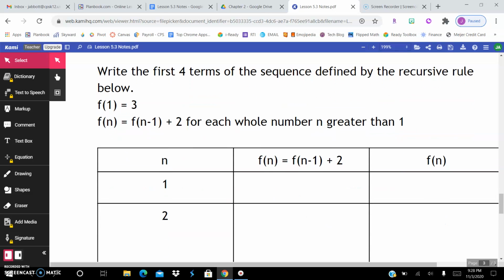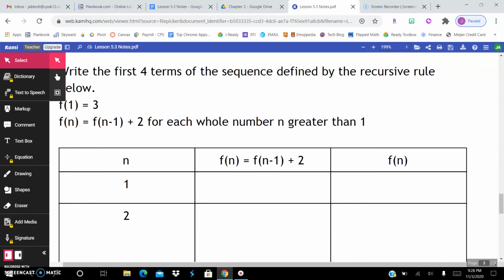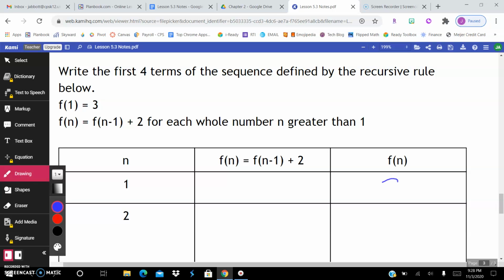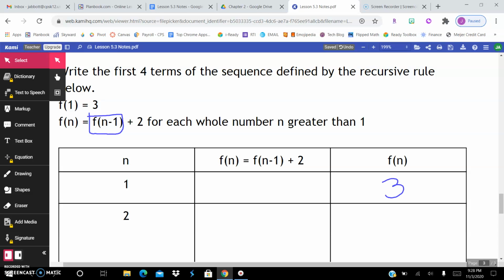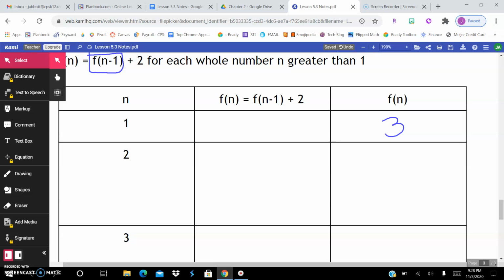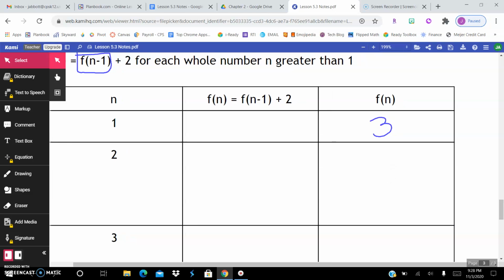For this one, write the first 4 terms of the sequence defined by the recursive rule below. F of 1 is 3, so our first term is 3. And then this means the previous term. So we're going to take the term before and we're going to add 2 to it for each whole number n greater than 1. So as long as our n values are larger than 1, this rule works. So if I take the previous term, which is 3, and our rule says we have to add 2. So this is going to be